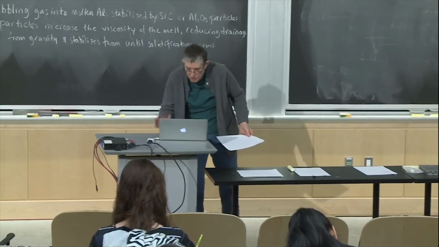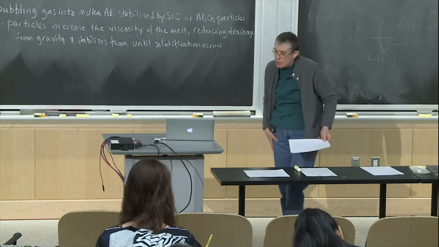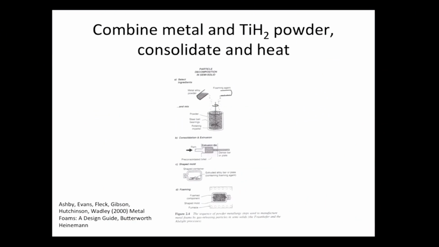Okay, there's half a dozen of these processes for metal foams. Another version of the process involves taking metal powder and combining it with titanium hydride powder. And then you consolidate it and you heat it. If I can kind of show through the schematics here, in the first step, you take the two powders, you mix them up. This second thing down here is mixing the powders up. And then you press them together. There's a die here that you press it in, and then you get pieces.